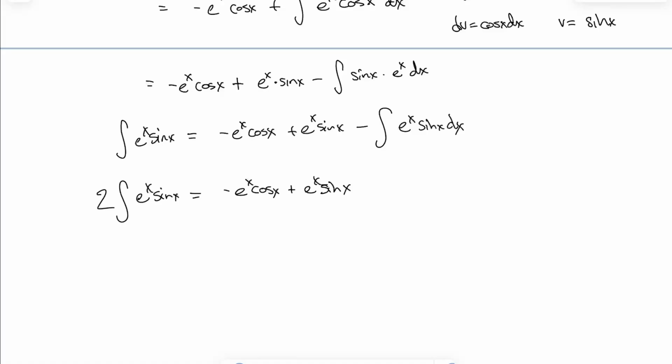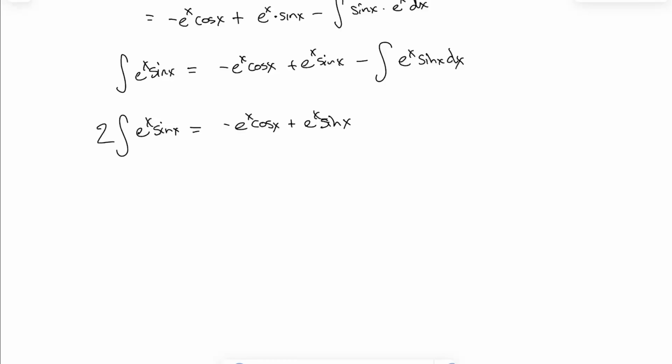Very strange way of ending up with the answer, but what you see on the right-hand side here has no more integral signs, which means we have actually calculated the antiderivative. So I'm going to divide both sides by 2. It's prudent, I would say, probably right at this point to put a plus c, because this integral is that, but it could possibly differ by a constant. This is slightly weird, but it's really because you don't need the plus c at this point because I have an integral on both sides, and either one could differ by an extra constant. Here we have the integral only on one side, and you have to put the extra constant somewhere, so I put it there. So anyway, the final answer, this really is the answer, e to the x sine x dx